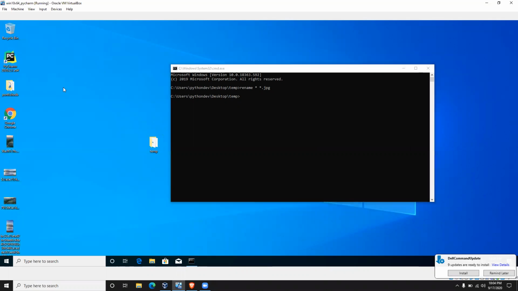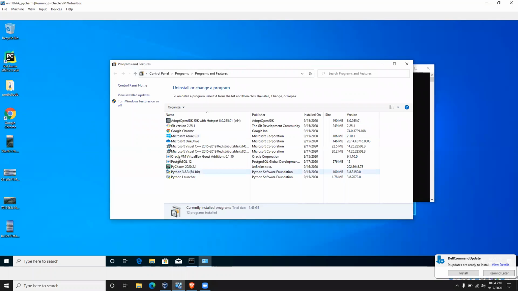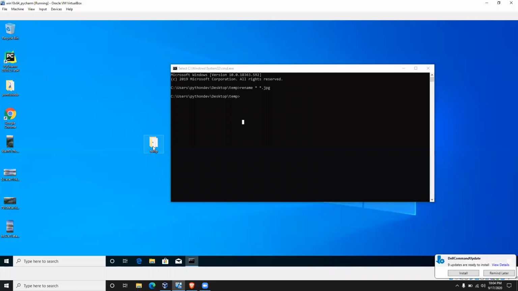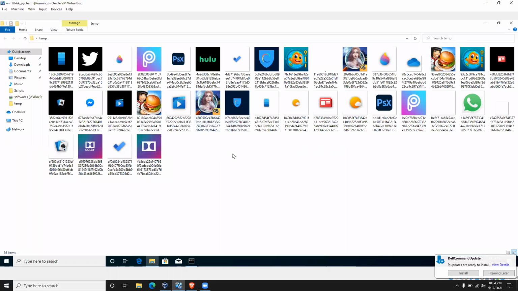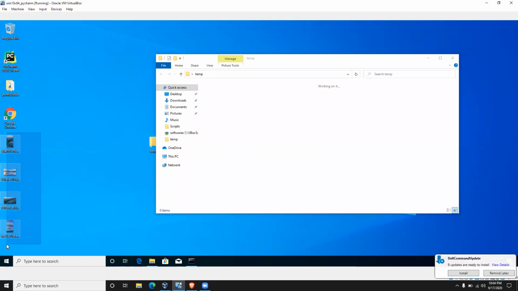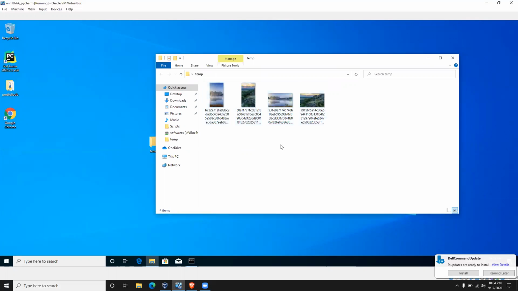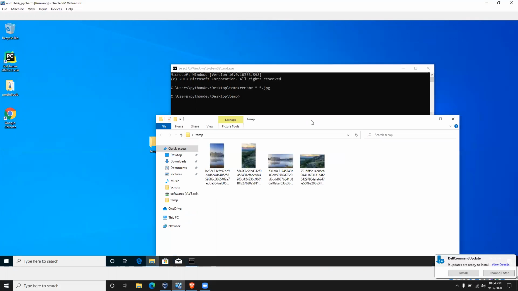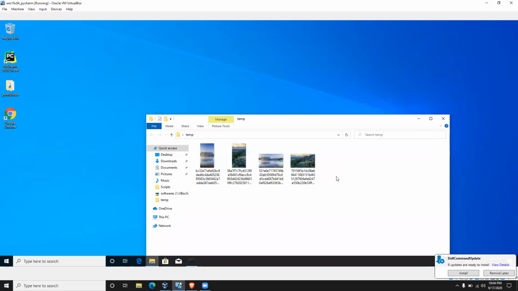2.6. What I will do is I will create a repository in my name in GitHub. I have installed Git on this machine. So in this temp folder, what I will do is I will delete all these things. I'll keep only these four, and I will create a repository on this one.